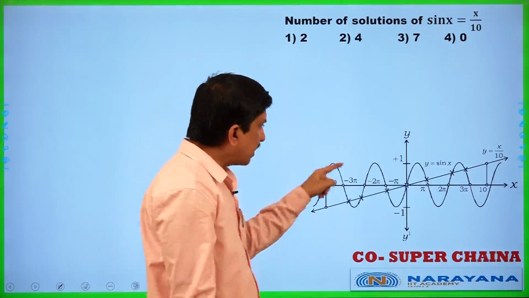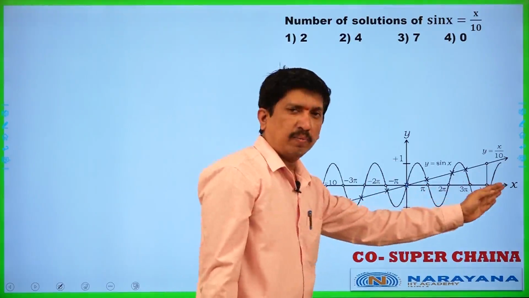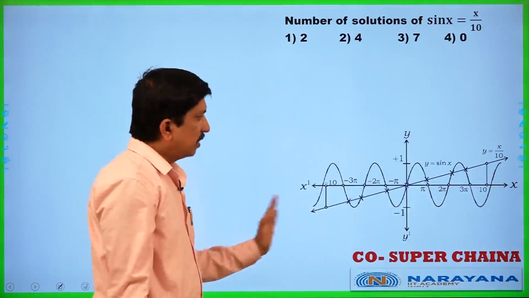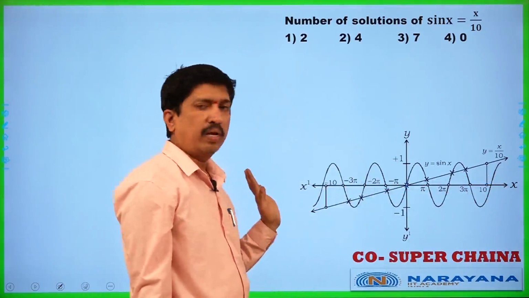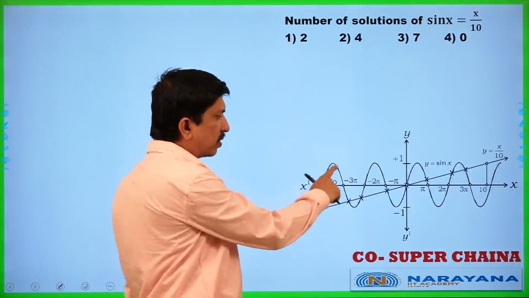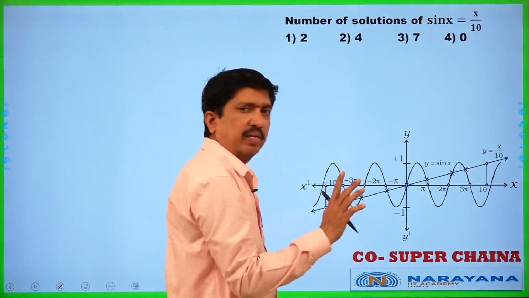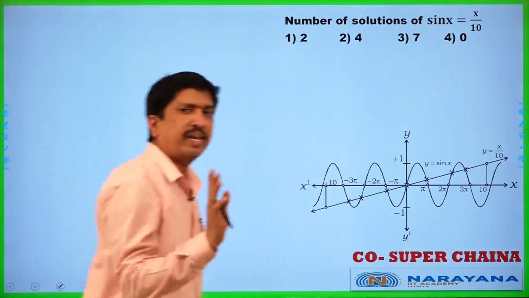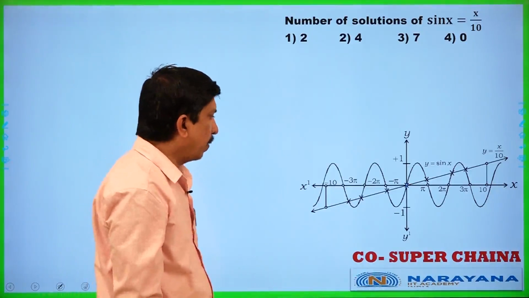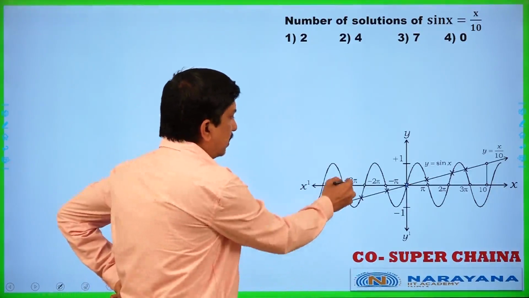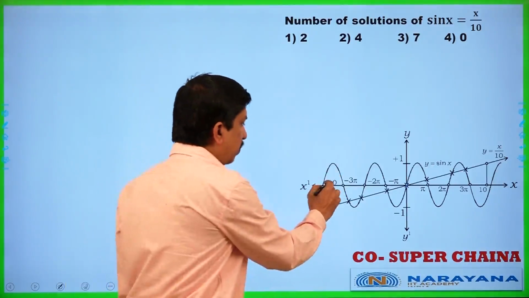Now you know the sin x graph very well. We took here minus 3 pi, plus 3 pi, and more than that also. This is the x axis, y axis, x dash and y dash, and this is the origin. Maximum value you are getting is 1, minimum value is minus 1. So the sin x range is minus 1 less than or equal to sin x less than or equal to 1. Minus 3 pi is nothing but minus 9 point something. After that only you will get minus 10.